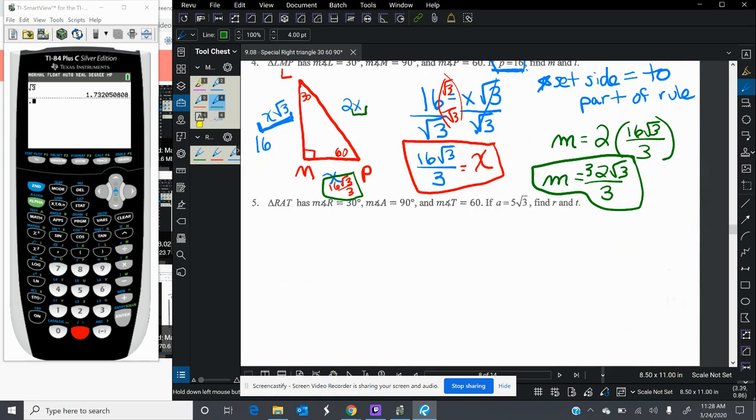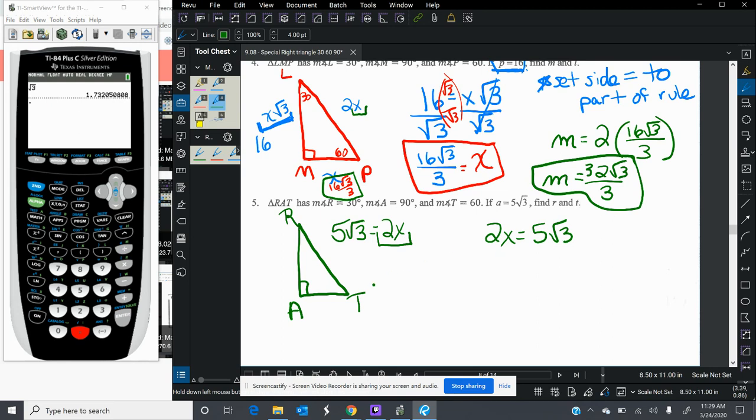Moving ahead to exercise 5, we have triangle RAC, where R is the 30-degree angle, A is the 60-degree angle, and C is down below. If little a is 5 square root of 3, that is the measure of our hypotenuse. Our hypotenuse is usually represented by a 2x from our ratio. So if we say that 2x equals 5 square root of 3,